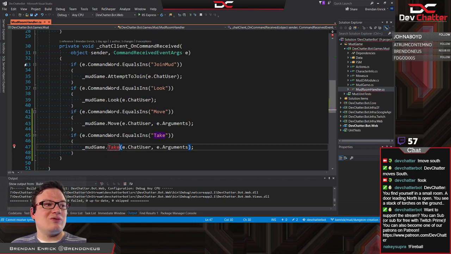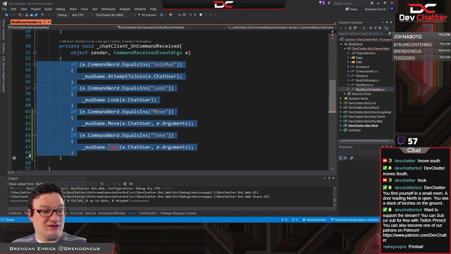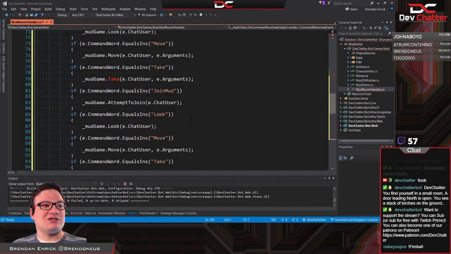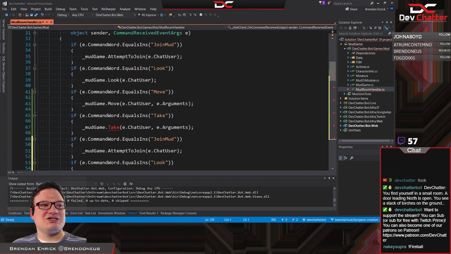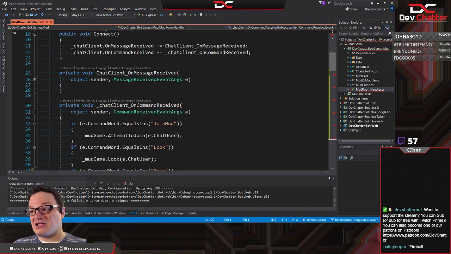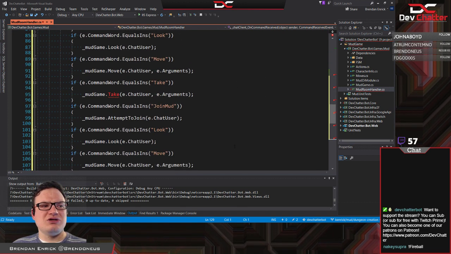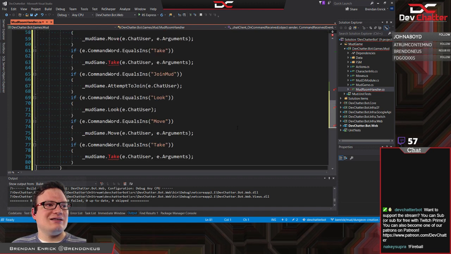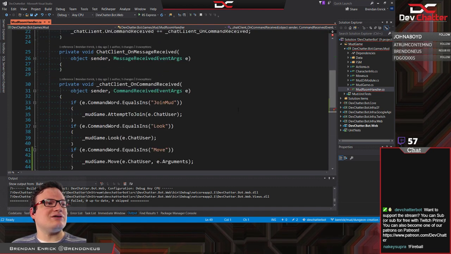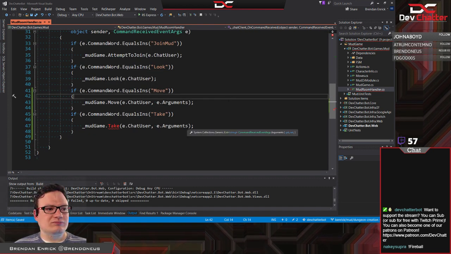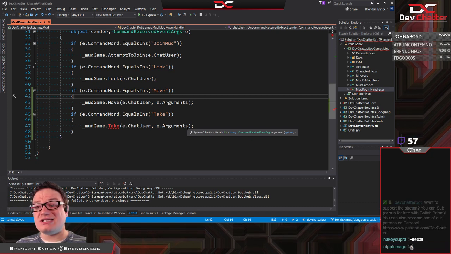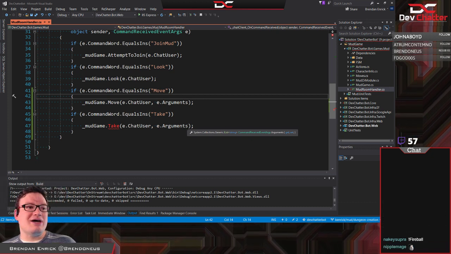But eventually, if I keep doing this, we're going to end up with code that looks like this, and it's just this massive thing that you have to scan through trying to find the one you're looking for. Now, I get that you could search and everything like that, but it just seems a little bit unwieldy to go that route.